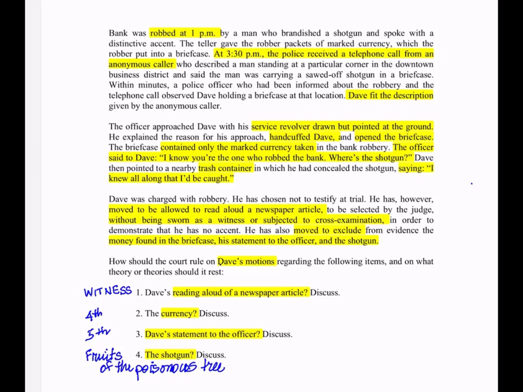Okay, as usual, this is a racehorse. It's difficult to finish any of these bar questions in 1 hour. But on this one, when I'm allocating my time, I'm going to need more time for calls 2 and 3 than I am for call 1 or call 4. So I'm going to try to allocate my 45 minutes of writing time that way,